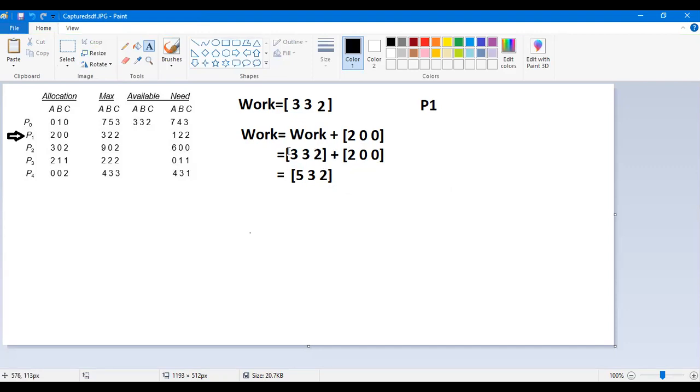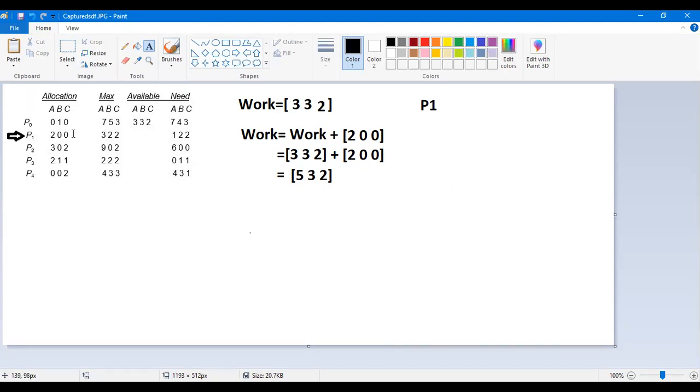Now why are we doing this? Because we know after execution all the processes will release the resources they are having. No process will take the resources with them. A process will execute and terminate. Resources will be there for other processes. That should be clear to you.